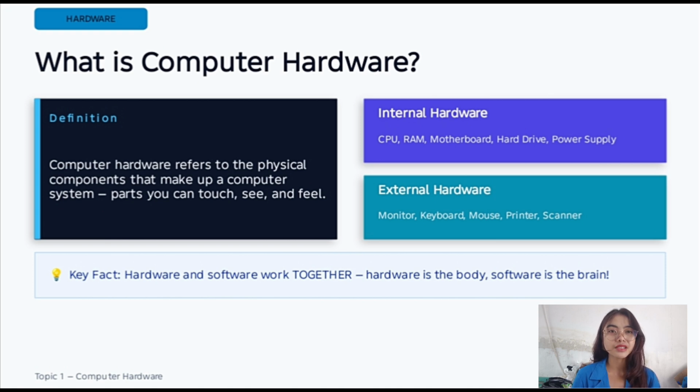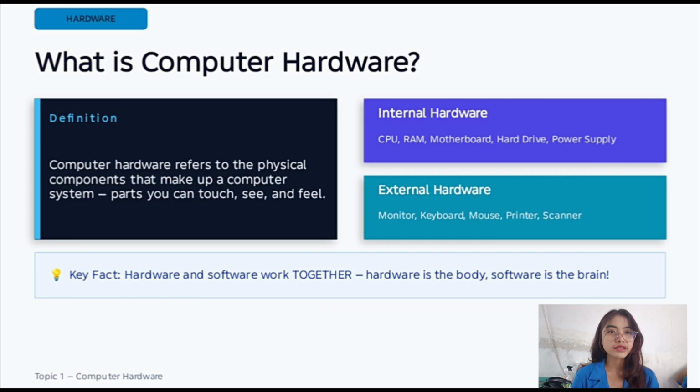These are the parts inside the computer, such as the CPU, RAM, motherboard, hard drive, and power supply. Second, external hardware. These are the parts outside the computer, such as the monitor, keyboard, mouse, printer, and scanner.